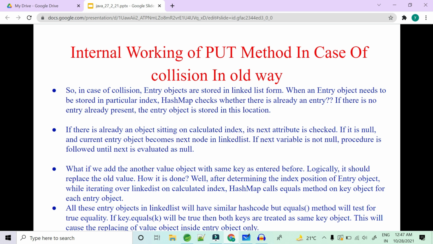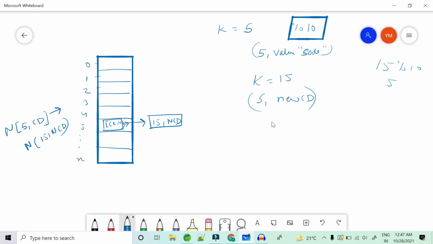So what is a collision? In a collision, entry objects are stored in linked list format. When an entry object needs to be stored at a particular index, the map checks whether there is already an entry. If there is no entry present, the entry object is stored in that location. So whenever you try to put something like 15 comma new code decode, it will first find the hash code.